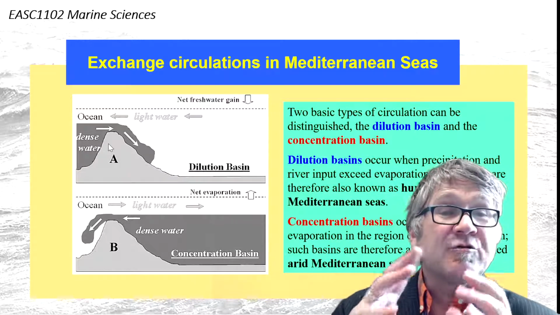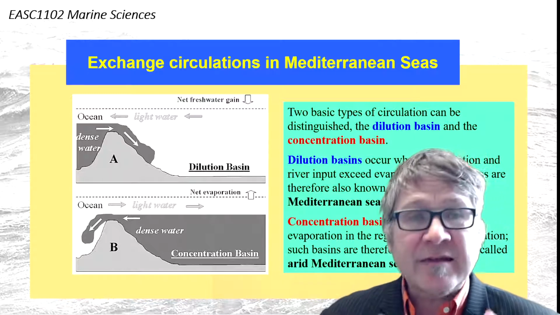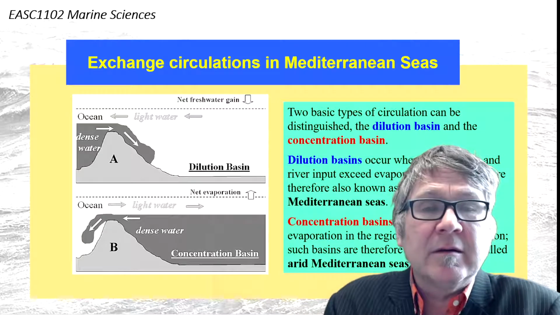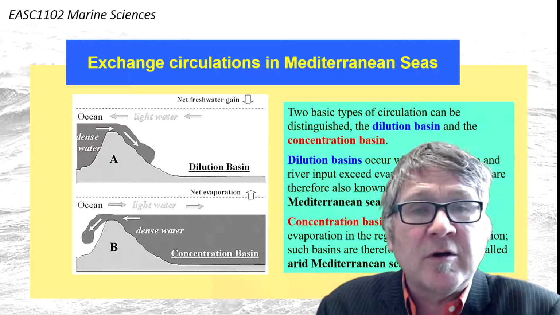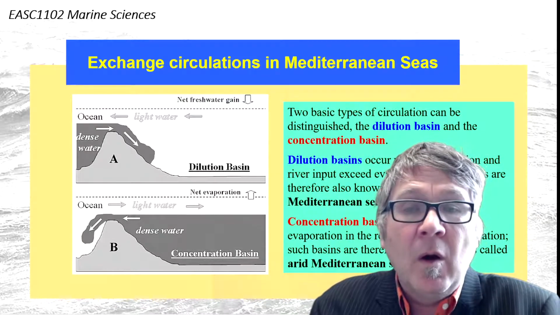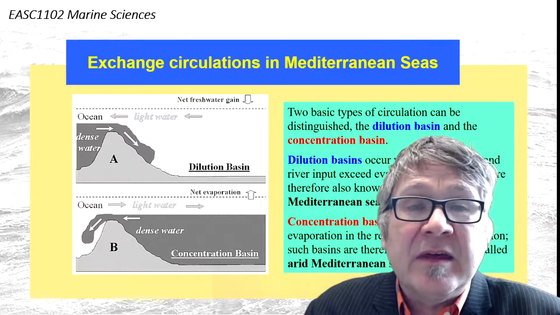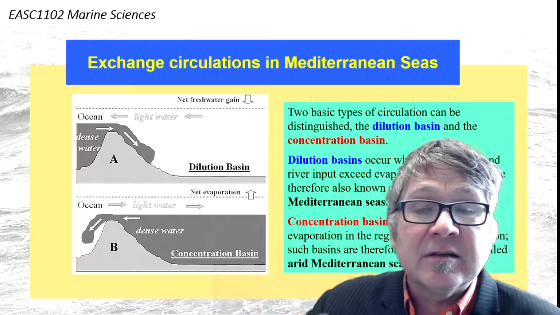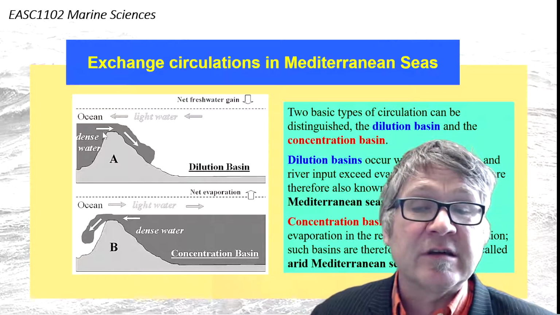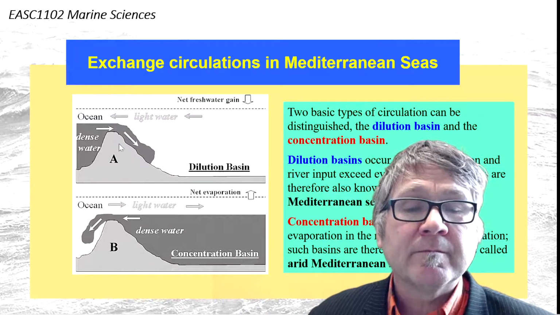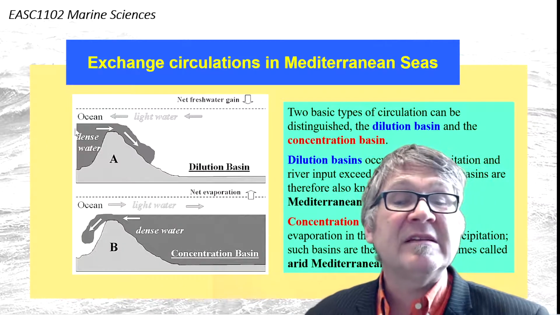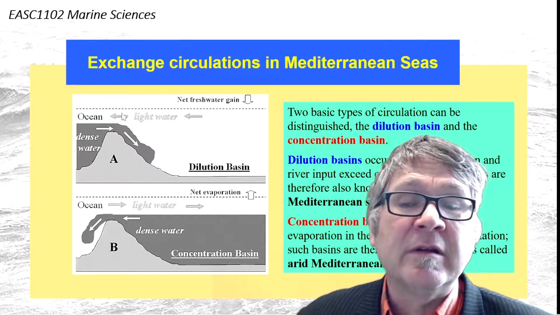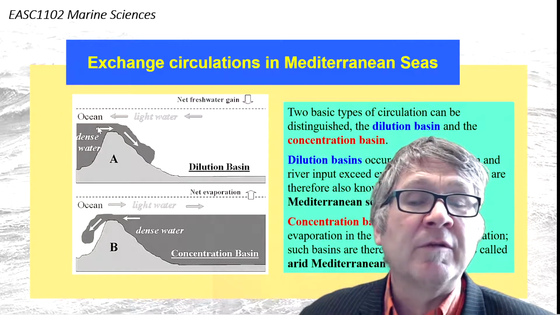What constrains the exchange in a Mediterranean Sea can be a narrowing, a horizontal constraint, which we call a strait, or it can be a shallower region, which we call a sill, shown here in these sketches. So in a dilution basin, there is outflow of lower salinity water near the surface, and a return flow, inflow